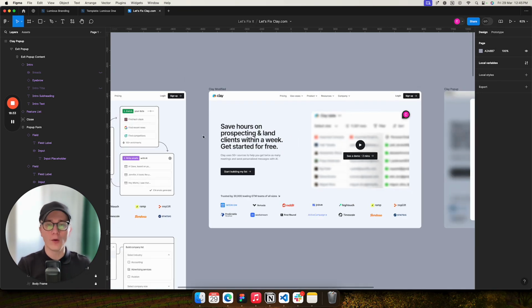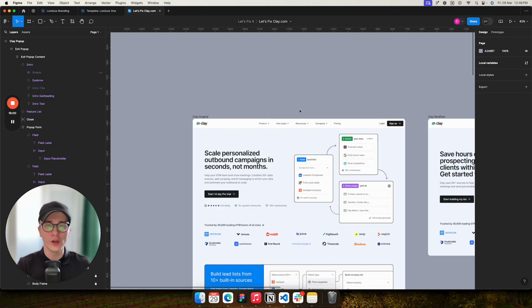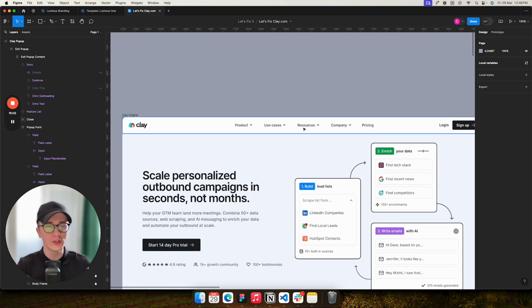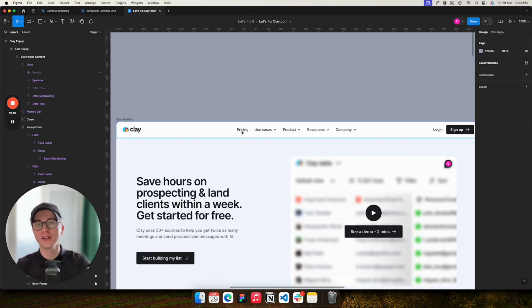Now, the very last thing that I wanted to cover with you guys is, of course, the navigation. Navigation, it's really important. And when it comes to your navigation, you want to make sure that people can easily access links or pages they're mostly looking for. And the second thing, it's super easy to understand. It's super easy to read all of these links and have an idea what exactly I'm going to see on these pages. So if we're looking at the original Clay website, you can see that they have product, use cases, resources, company, and pricing. So what we did here with this modified version is we put pricing first, because pricing